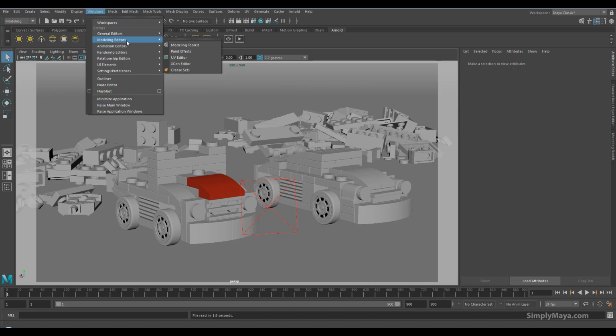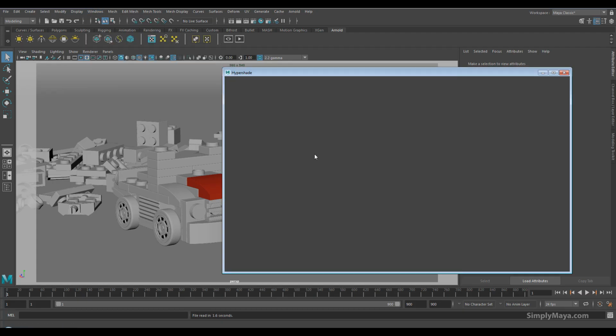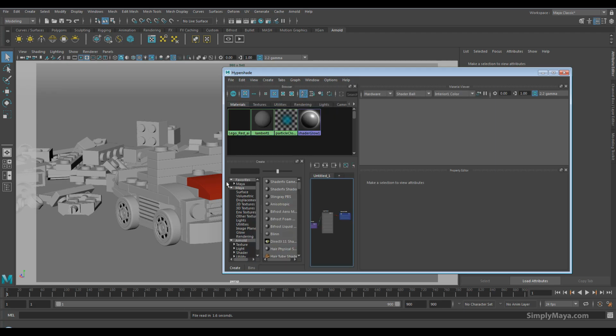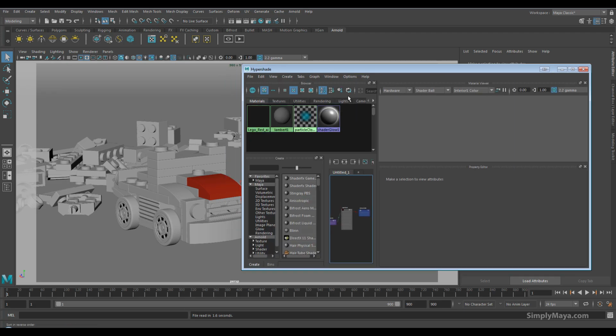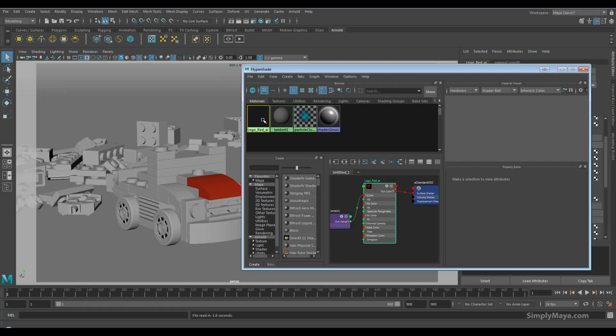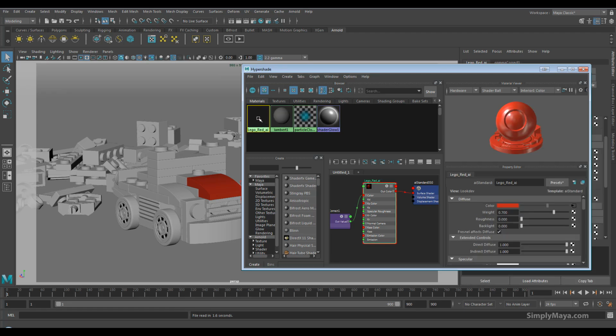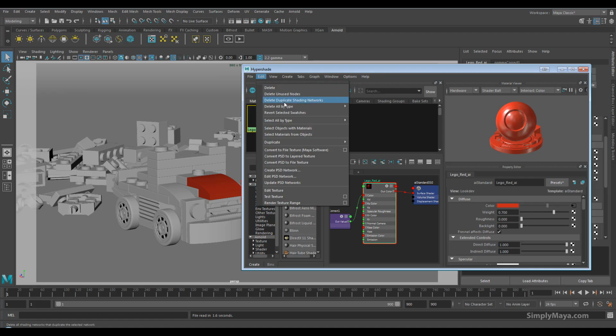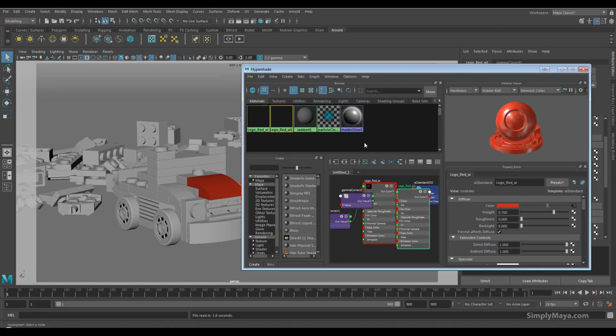So I'm going to pop open the Hypershade here, so Render in Editor's Hypershade, and I don't want to have to recreate this Lego red color every time I come to do this. So, you know, I don't want to be constantly adjusting specular values, adding that subsurface scattering that we added, and doing all the business. I want to just use this one as a base template, and there's an easy way to do this. We can select this and just go to Edit, Duplicate, Shading Network,